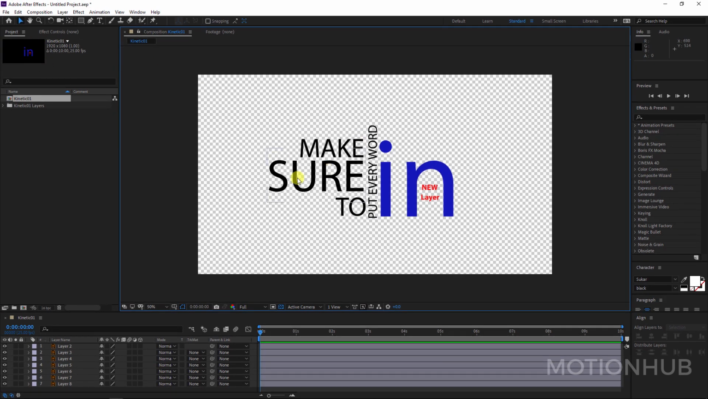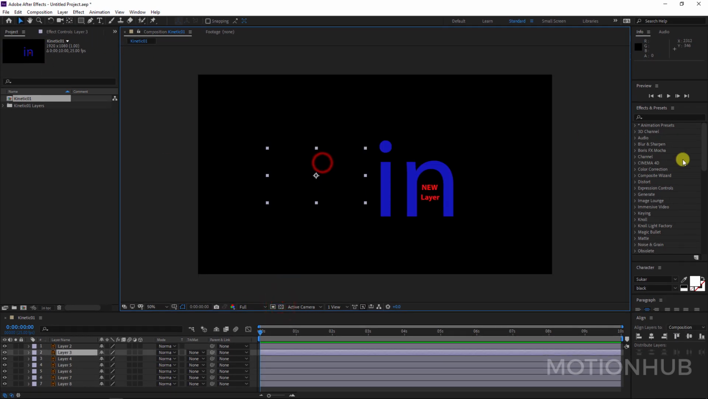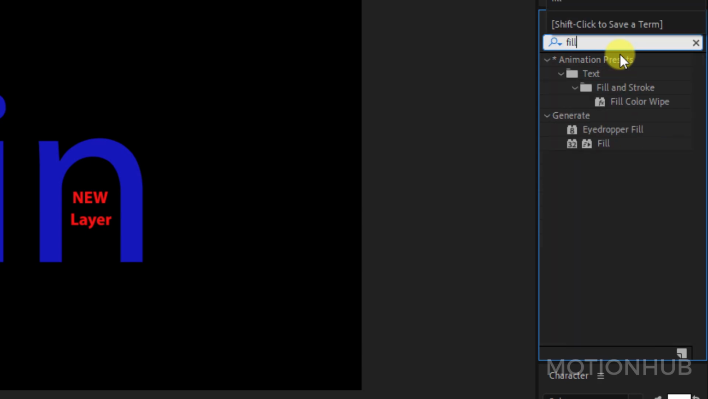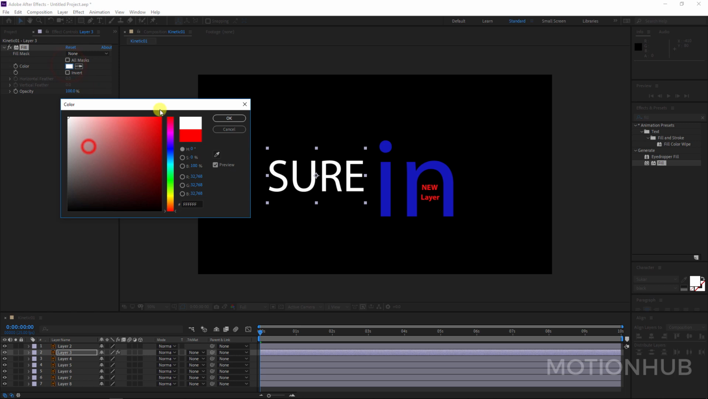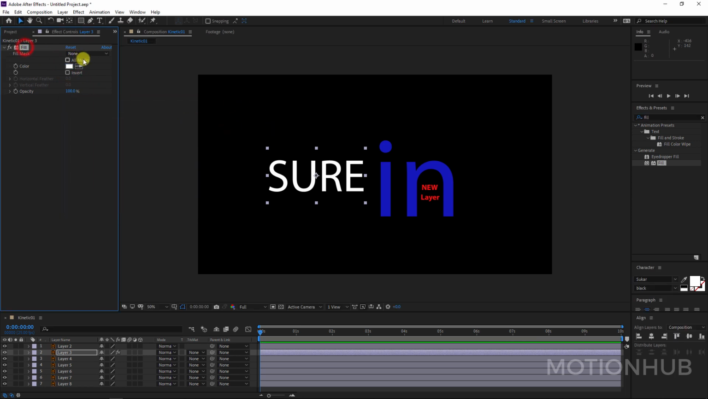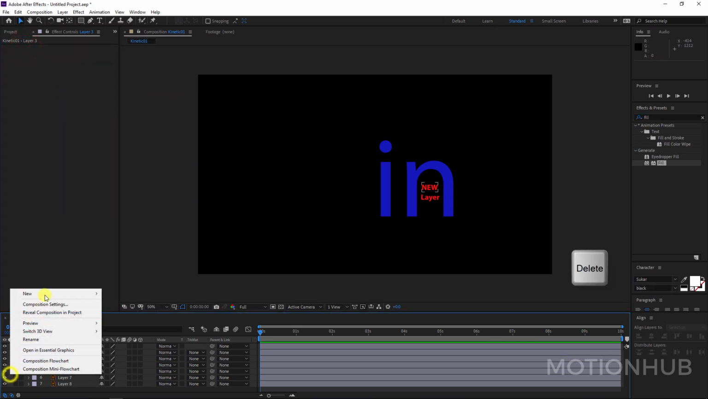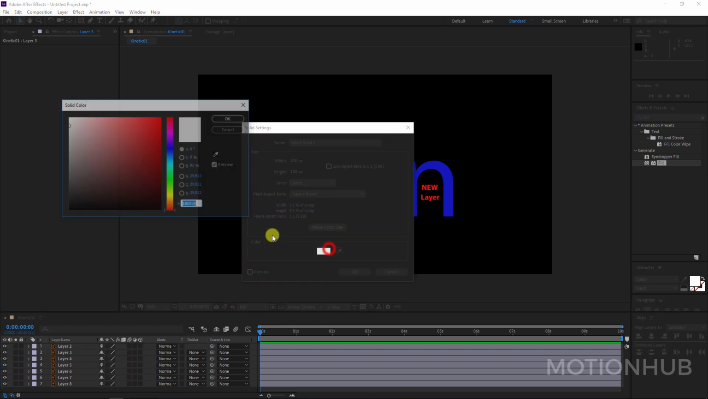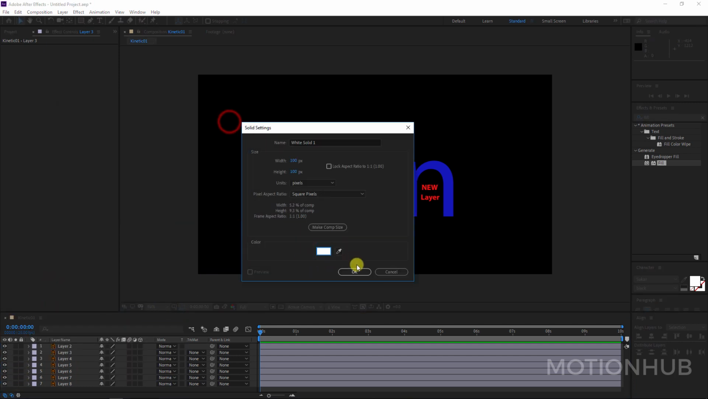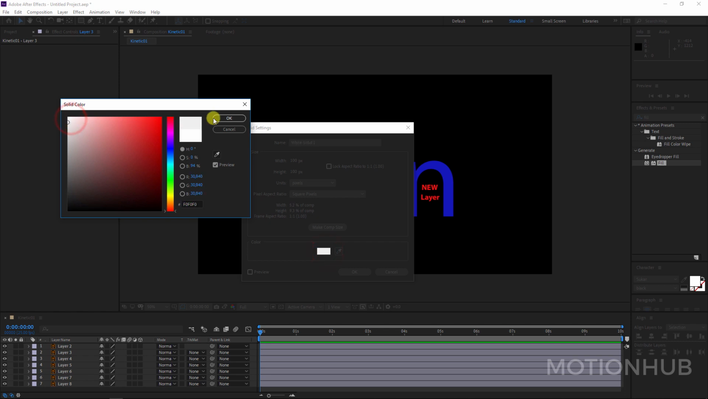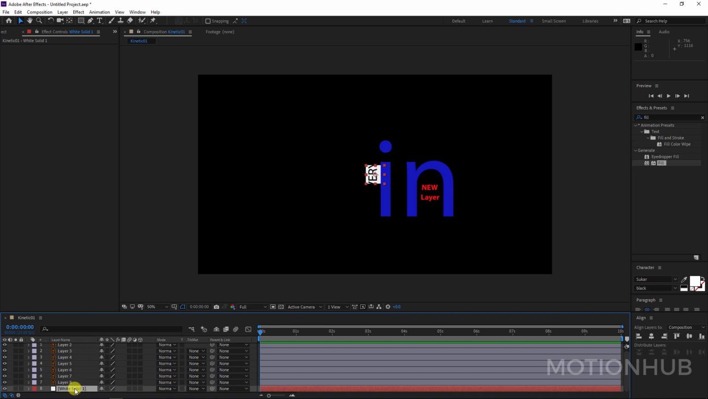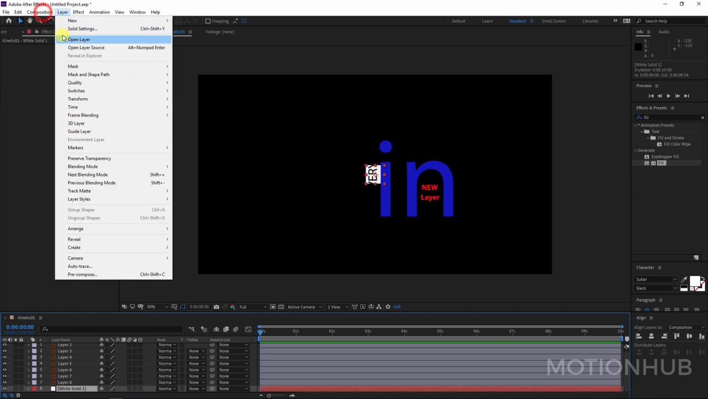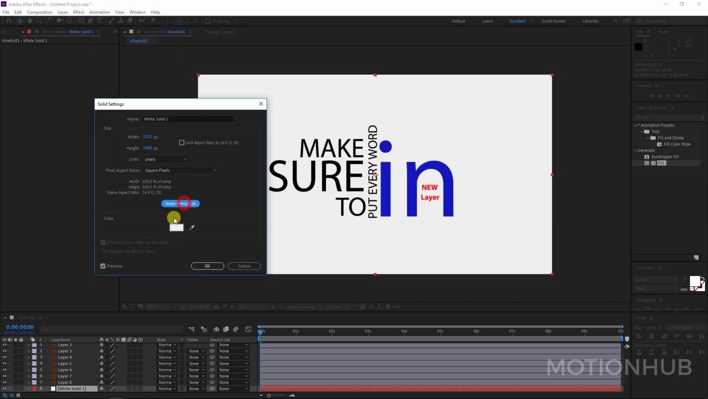We can change them to white if you want. Just search for fill here and drag it onto the layer and change it to something white, for example, but we will keep it like this. Right click, new, solid. I will start with white or maybe gray. Hit OK and I will put it down here below the layer. Be sure to choose comp size, and we can correct it by going to layer, solid settings, make comp size, and hit